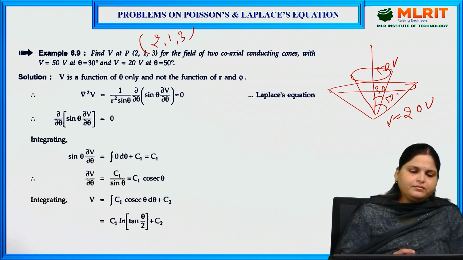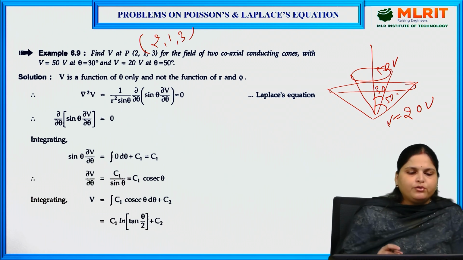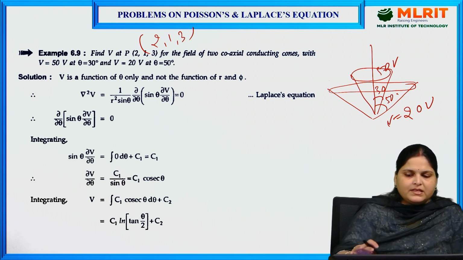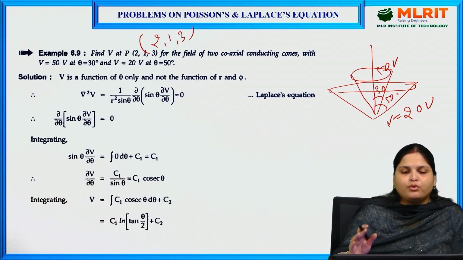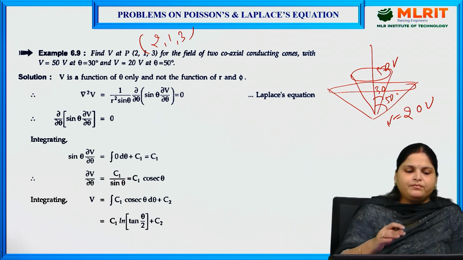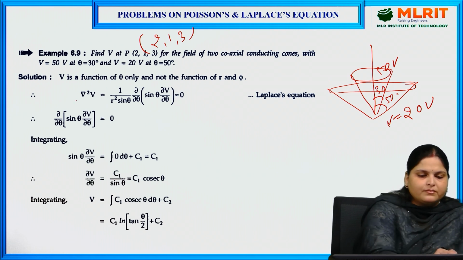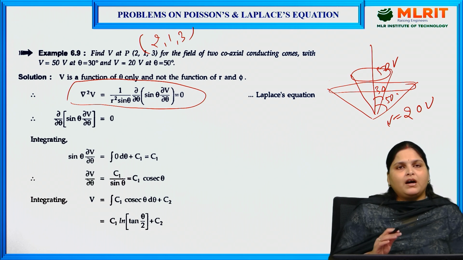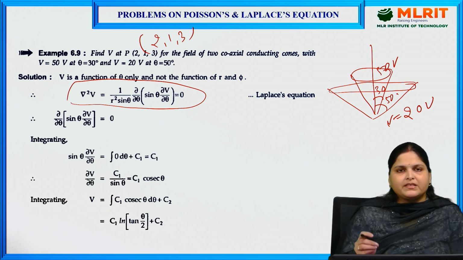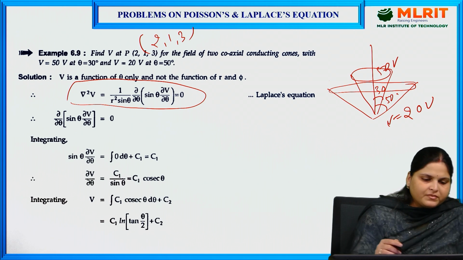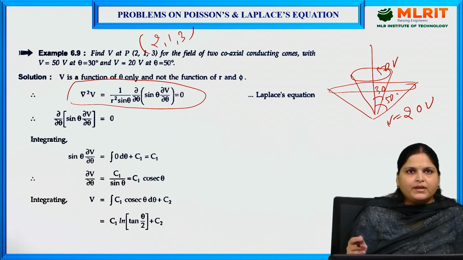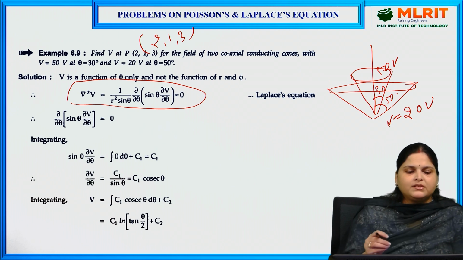Now, as per the question, we have to find out V at (2, 1, 3). This is clear because here we are talking about a cone. That means this entire question we can write in terms of r, theta and phi. It is clear that it is in the spherical coordinate system. Here the phi angle is not there, and r is not there either; we will deal only with the theta angle.